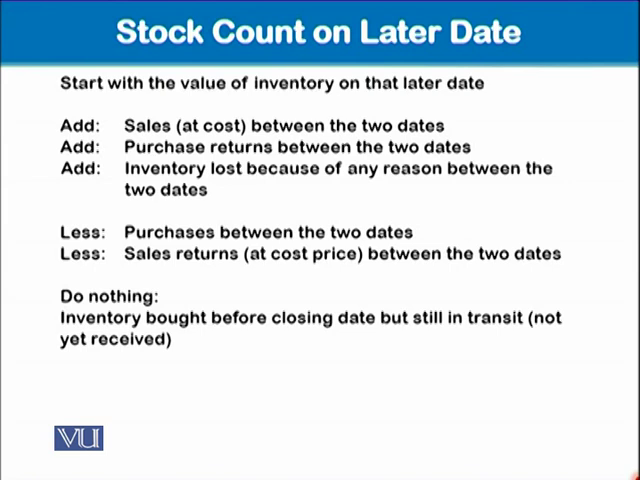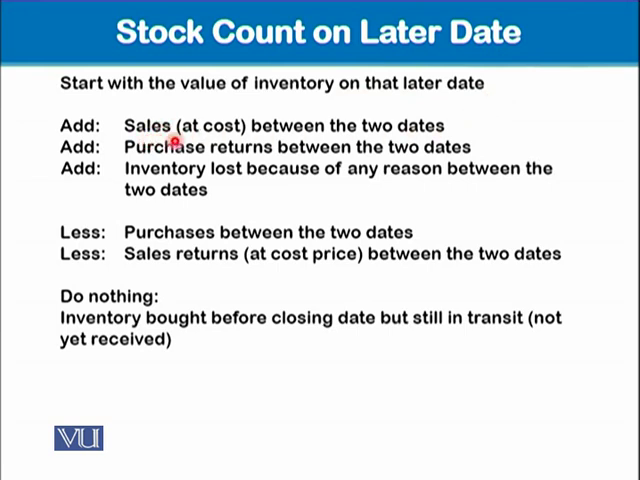So we will start with the value of inventory on that date. What is that date? That date means the date on which we have counted the inventory. Like, the closing date was 31st of December, but we counted this inventory on 5th of January of the next year, supposedly. So we are 5 days late. So on that later date,